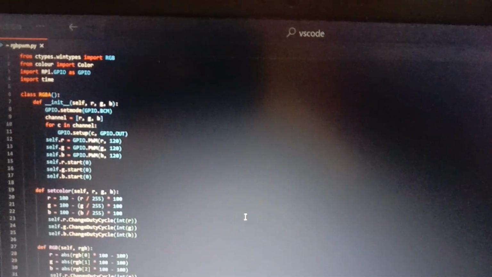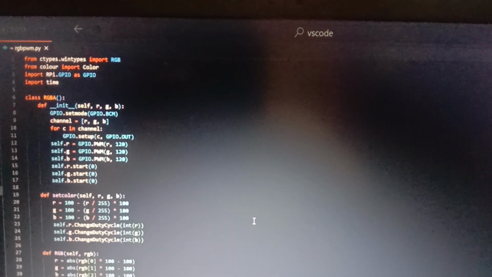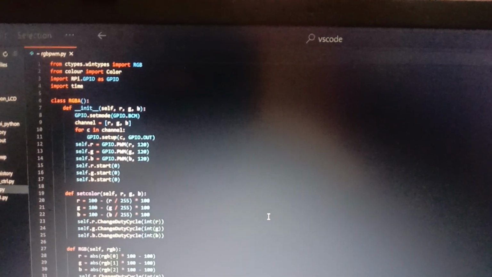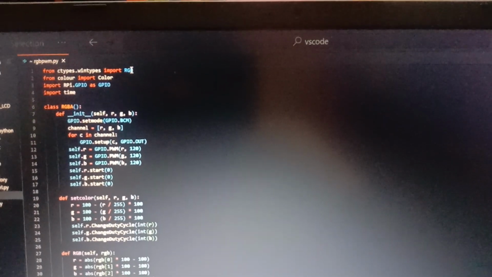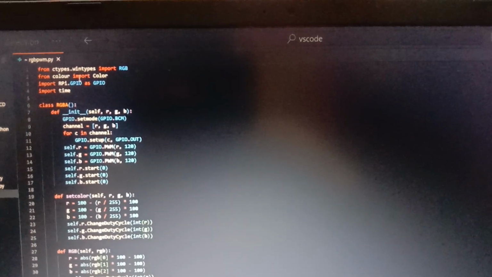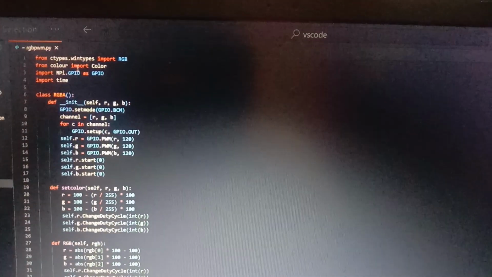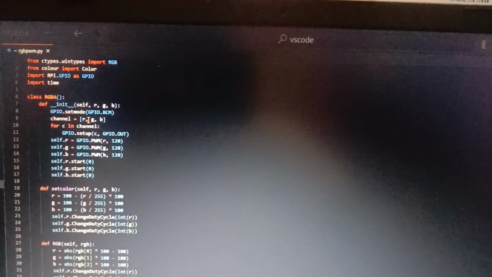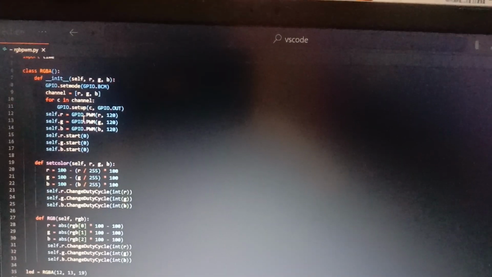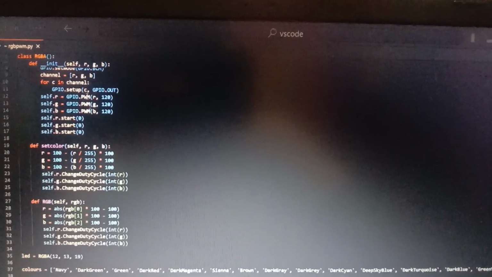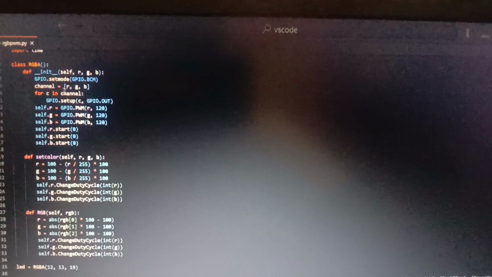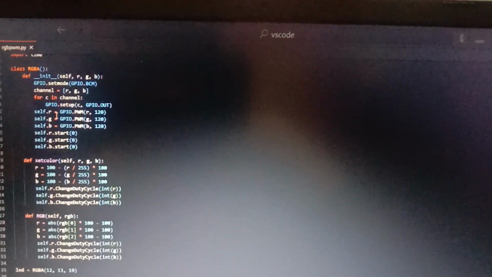So this program is used to change the color transition from one color to another in a smooth way. So first we import the RGB module and color module from colors. And we import standard modules like RPi.GPIO as GPIO, and we import time to make the transition between them smooth. So first we initiate a class. To set up all the basic setups like board mode and the 3 pins in output mode, and we initiate